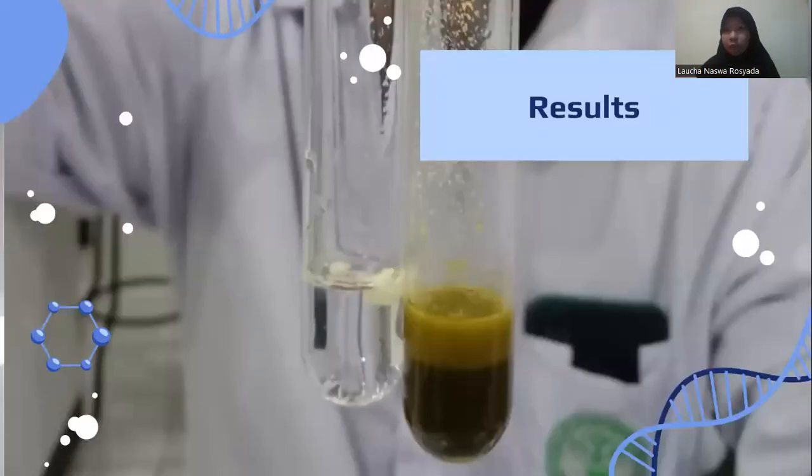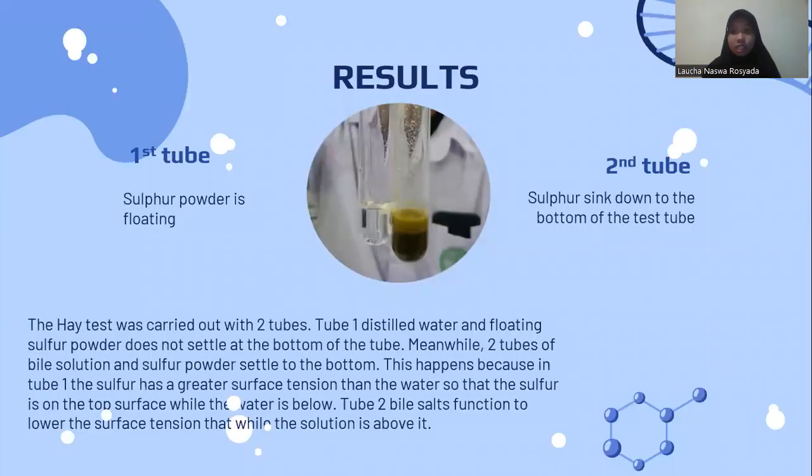Okay, this is the picture of the results from the laboratory work on biochemistry at Biology, State University. Here are the first and second results of the test tubes. And this is the result. In the first tube, the sulfur powder is floating, and in the second tube, the sulfur sinks down to the bottom of the test